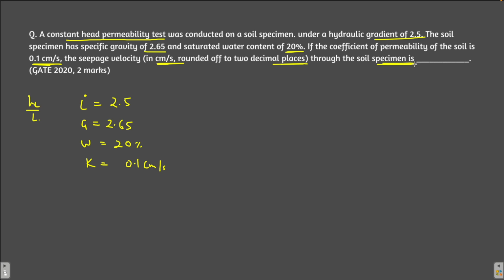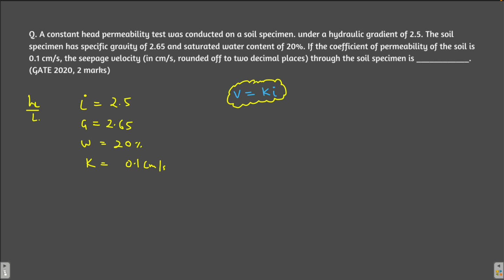Okay, though I haven't taught you about the seepage velocity, I'll tell you how to calculate this. Soon I'll make a video on seepage velocity and tag it here, so you will be able to understand what seepage velocity is. Meanwhile, let me solve this. According to Darcy's law, velocity is given by what? K into i, right? This is an important formula that you should remember. V is equal to Ki, and this V is not the seepage velocity. It is known as the discharge velocity.